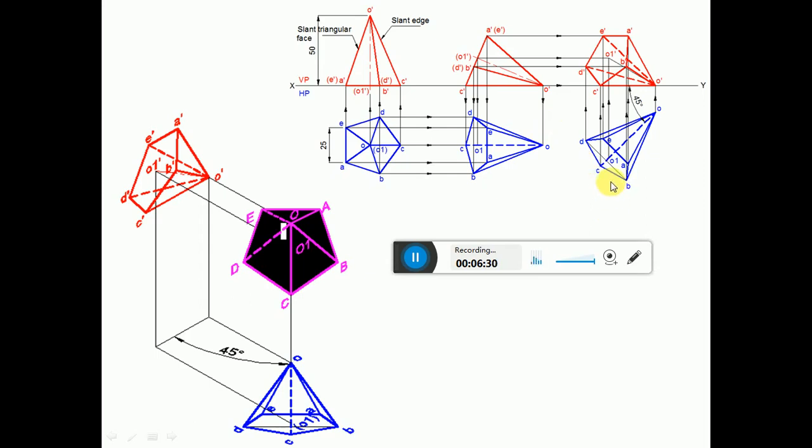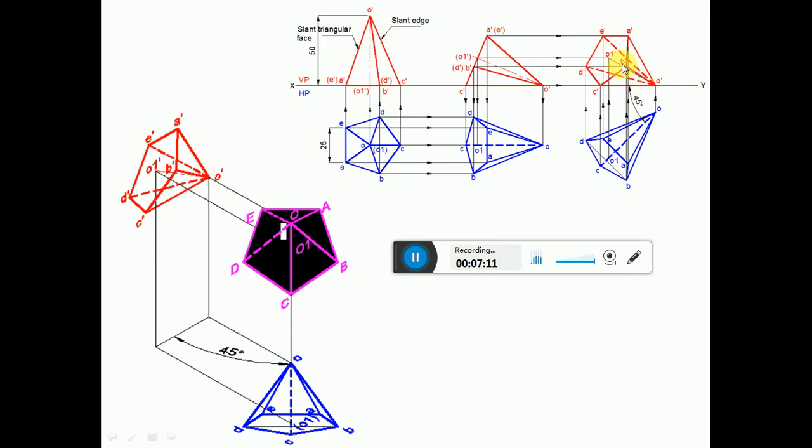When you look from the front view, A, B, C, D, E is near to the observer, so it is visible. So you darken between A dash to B dash and B dash to C dash. Since A dash, B dash, C dash, D dash, E dash are all visible edges, the entire surface is visible when you look from the front view. Now, since O1 dash is on that surface, naturally O1 dash is visible. Now join O dash to O1 dash with the center line marking.